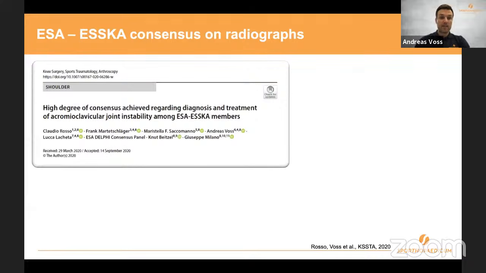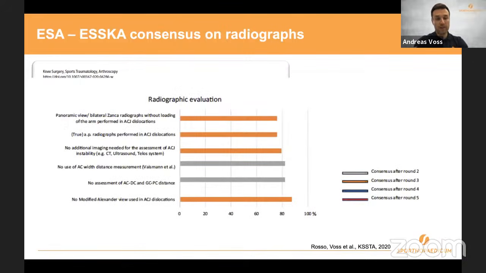There's even high consensus on radiographs recently published by the ESA, the European Shoulder Associates within ESSKA, about the radiological evaluation. So you can see there's a high consensus on all these images. The panoramic view, the bilateral Zanca view, is the one recommended by this panel. So no additional imaging is needed, such as CT or ultrasound. And it's also clear that no modified Alexander view, just a simple Alexander view, will be used to diagnose the